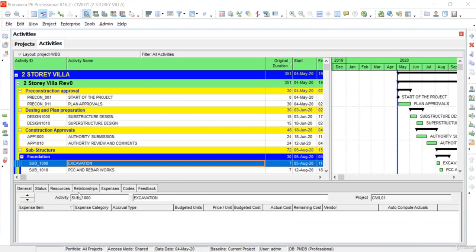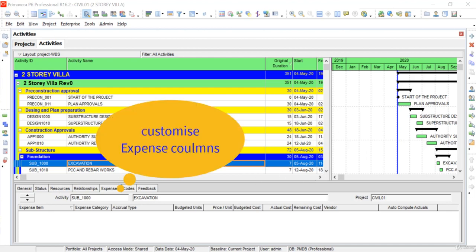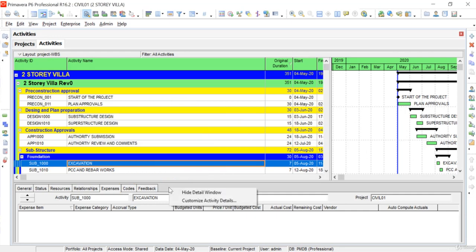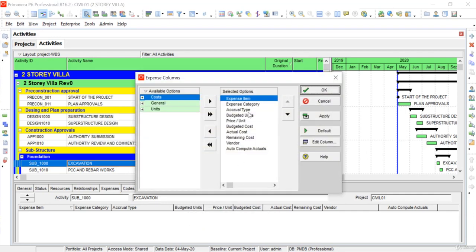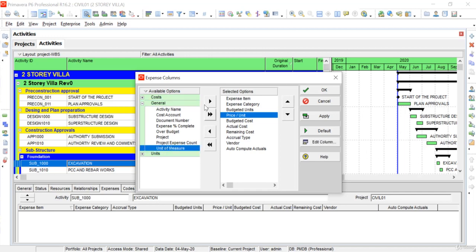We have to customize the columns of the expenses. Right click on the expenses, customize expense columns. We have to select expense item, expense category, accrual type, which can be at the last, unit of measure, we have to add unit of measure,